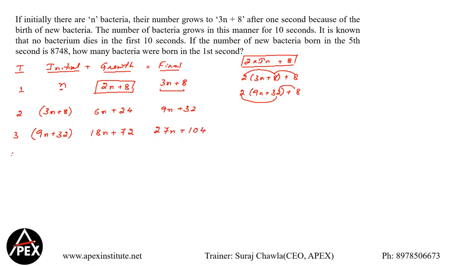Clear? Now if I go to the fourth second, the fourth second growth is going to be 27n plus 104, and now I double it. So 2 into 27 becomes 54n. 2 into 104 is 208. 208 plus 8 is going to be 216. So my final value becomes how much, guys? So this is 81n, plus 104 plus 216 is going to be how much, guys? 320. Clear? Now the question says that if this is going on for 10 seconds, okay, it is known that